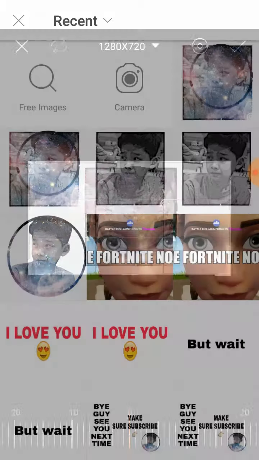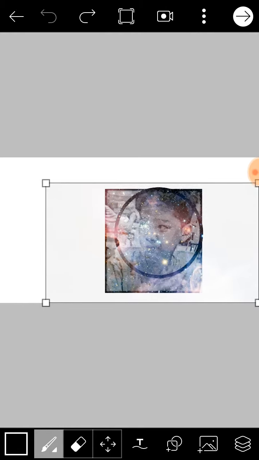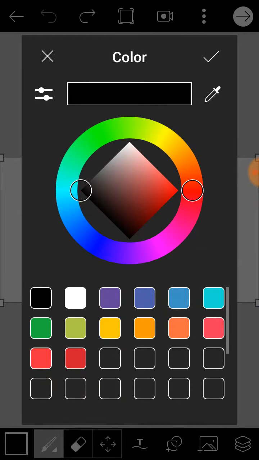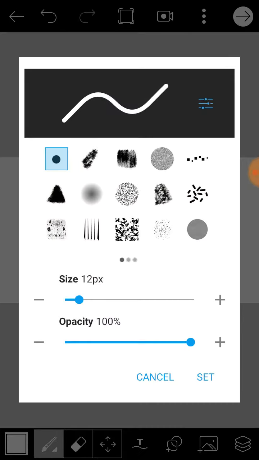Take the photo. And zoom it. And draw white. Draw white right here. Here. You just draw